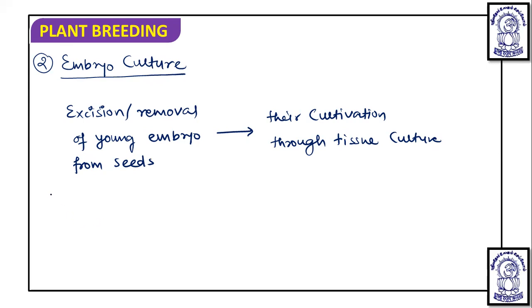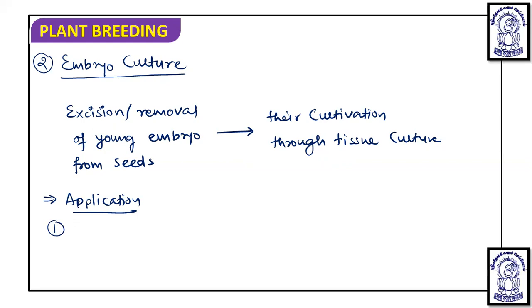Now, if we talk about embryo culture, it has certain applications. What we need to do here is just remove the embryo from the seed and put it over the culture bed, and through tissue culture it will develop and give a new plant. So, what are the applications? The first application is